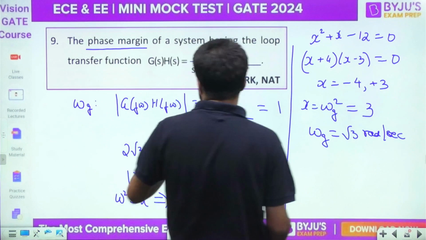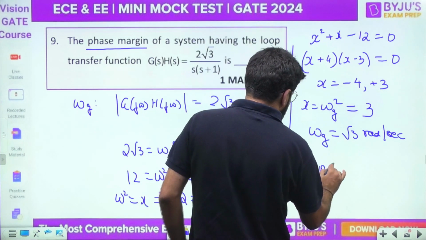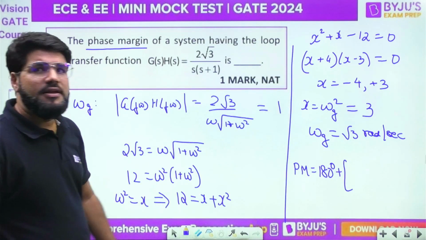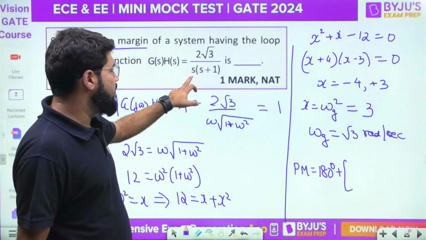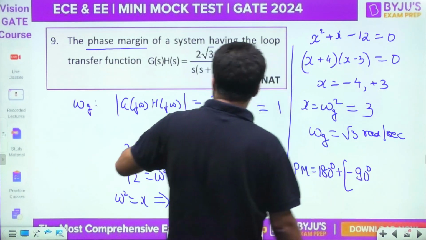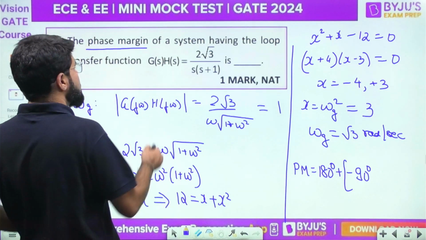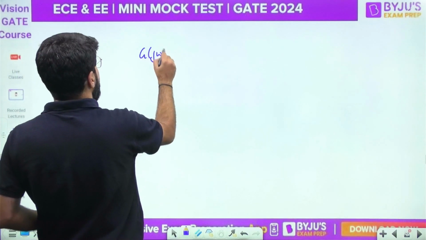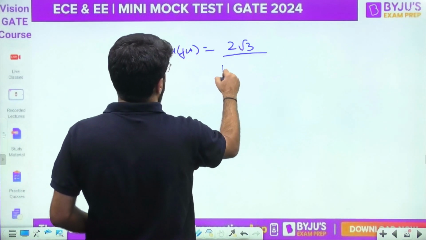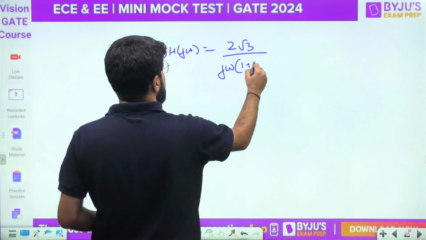Okay, just one step ahead. What is the phase margin? Okay, so phase margin is going to be the formula 180 degree plus phase at omega G. So this is 1 upon J omega. Denominator hai, so we'll write down the minus phase. J omega is pure imaginary. See how you are going to write down the GJ omega, HJ omega. That is 2 root 3 upon J omega, S ki jagah J omega. Okay, then 1 plus S, so 1 plus J omega.